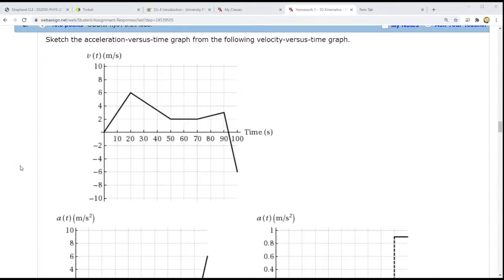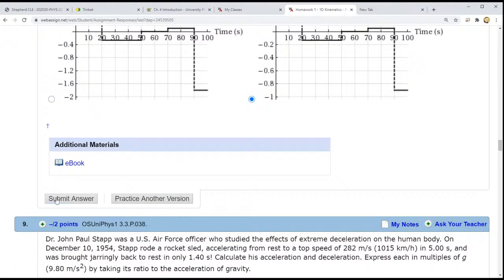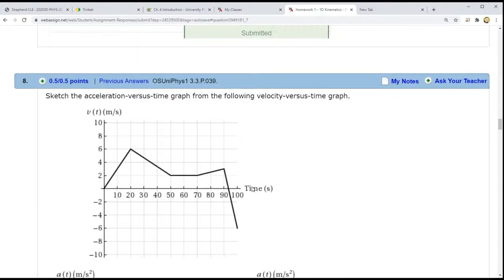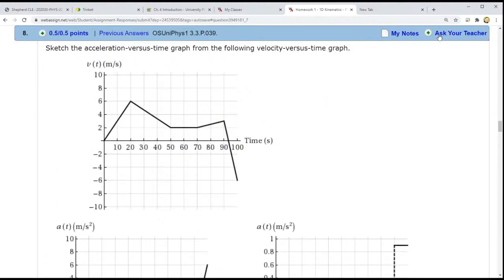All right. So which one of these options has the slope, the acceleration being 0.3? Well, it's not this option. There it's more like 0.6. Here we go, 0.3. So it must be this one. And yay, okay. So let's go to